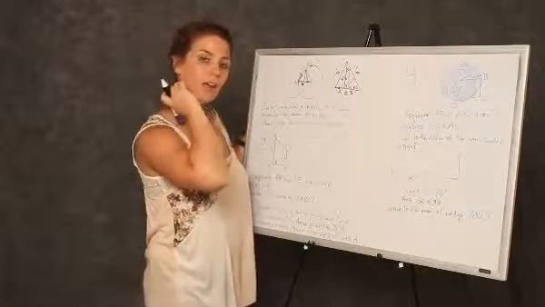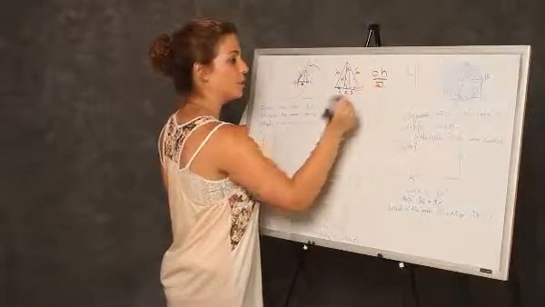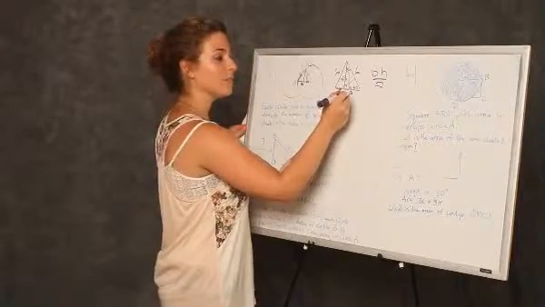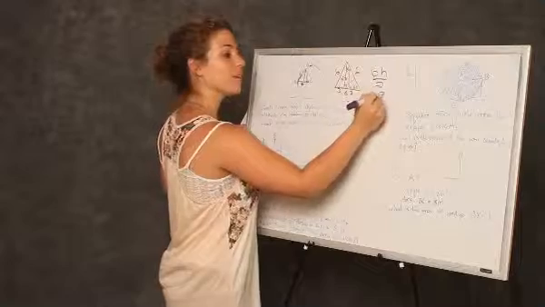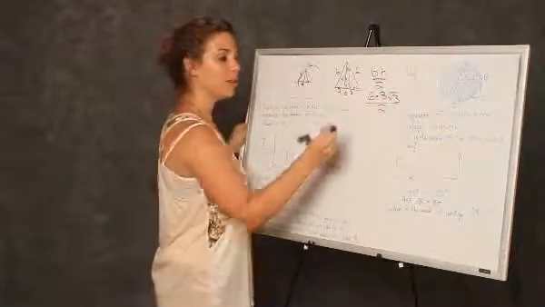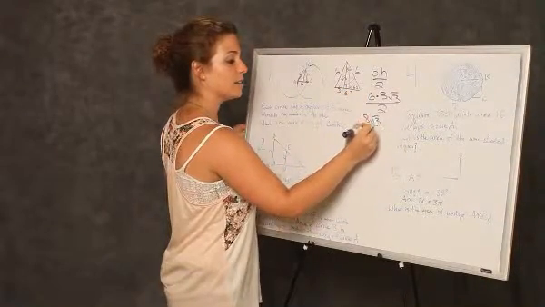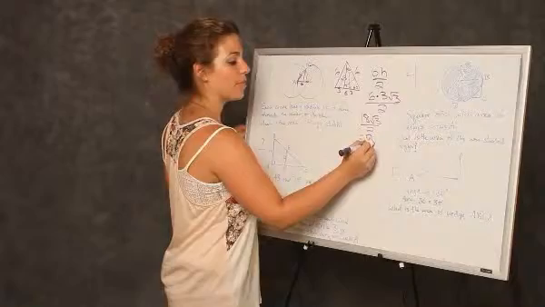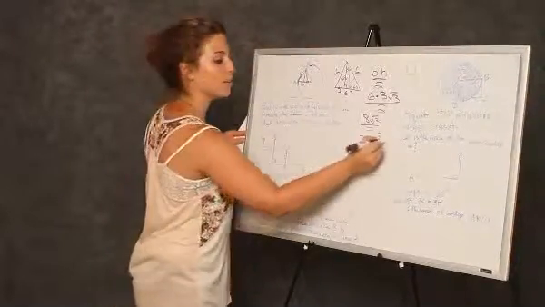So now the area of that triangle is going to be base times height over 2. So the base is going to be 6. The height is going to be 3 square root 3, and we're going to divide that by 2. 6 times 3 gives us 18. Divided by 2, we end up with 9 square roots of 3 for our answer for question 1.